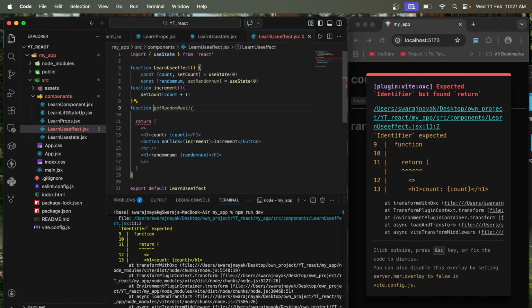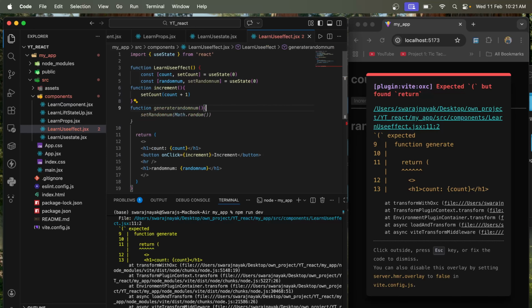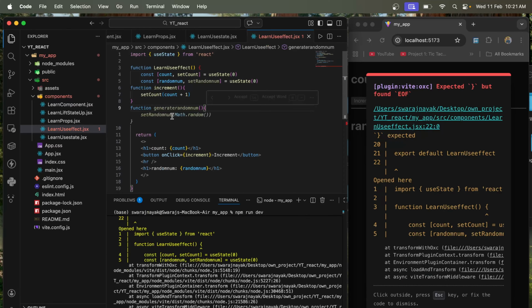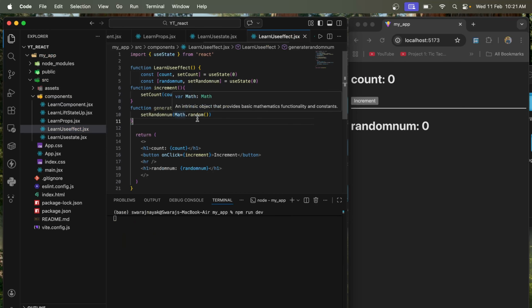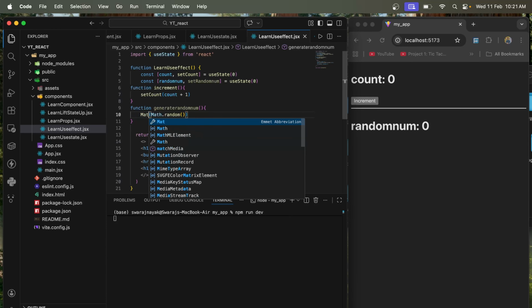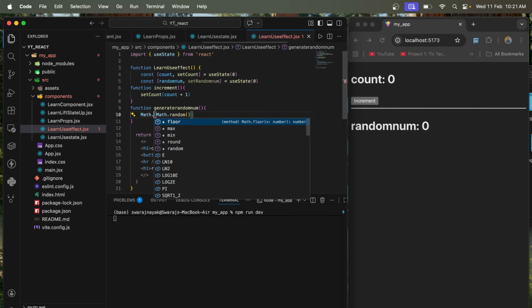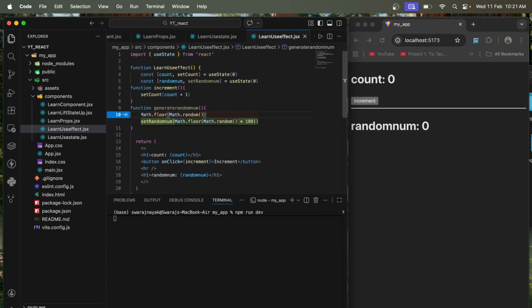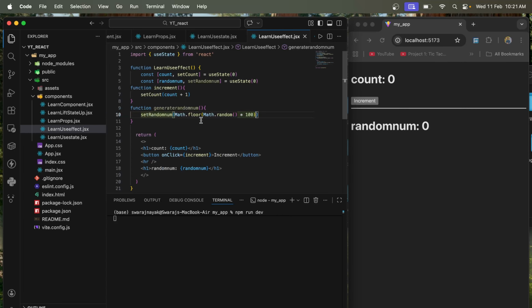Here I generate a random number. I just create a generate random number function, and I convert it using math.floor. Then I convert it into, now you see that,